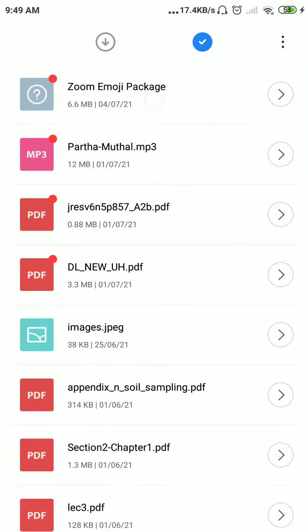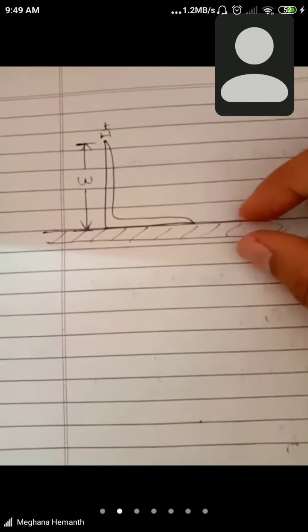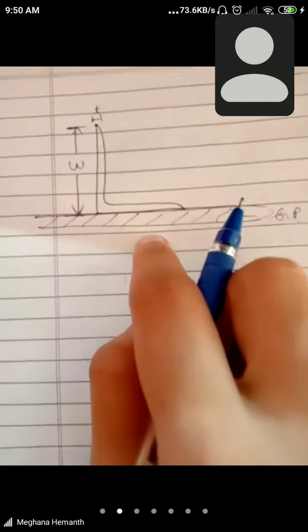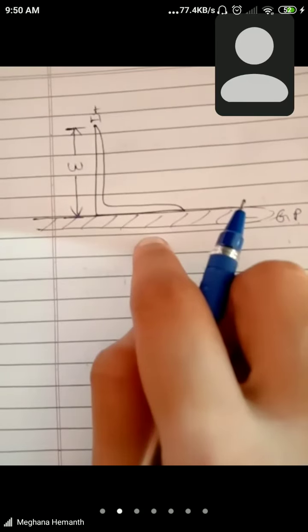Then here, the single leg will be connected to the gusset plate at the bottom like this. What I have drawn is a plate member to which your angle is connected. I am trying to connect my ISA angle to a plate known as the gusset plate. How is this angle connected to your gusset plate? With the help of bolts. If I consider a bolted connection, this will be connected using bolts like this.